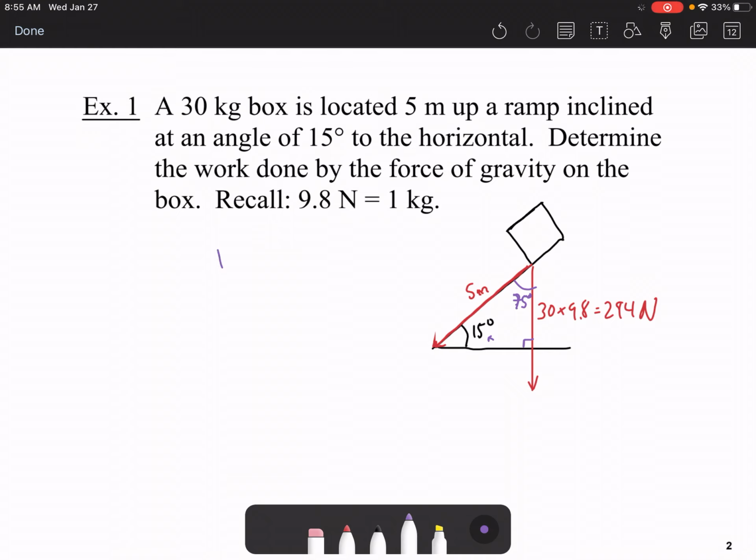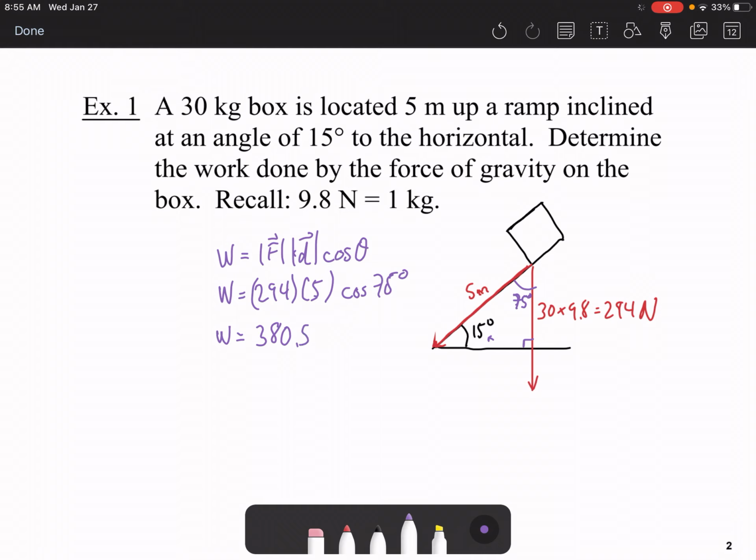So, using our dot product formula, because we have the angle theta in between, we should use this option. So our force is 294 newtons. Our distance is 5 meters. And our angle is cosine of 75 degrees. Plug that all in. Using our calculator, we get 380.5 joules,